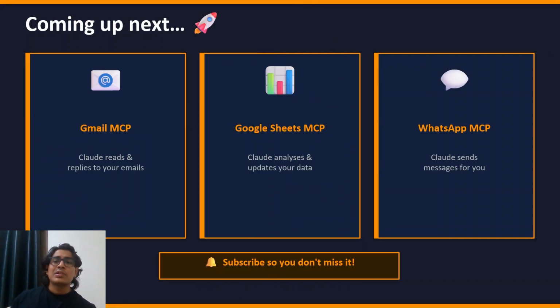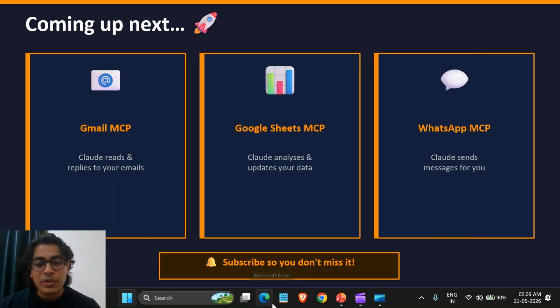Moving on. So in the next video we can see all this, that we are going to generate one Gmail MCP, we can generate one Sheet MCP, we can also generate something such that they both can communicate with each other, so that from the sheet itself data is retrieved, and based on that a mail is generated, right? So that also we can do. Moving on, now we are going to hit our VS Code and we are going to generate this. Fine. VS Code.